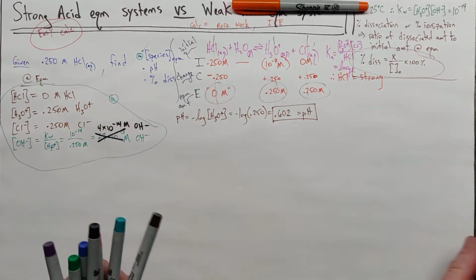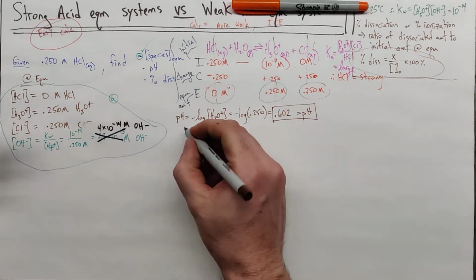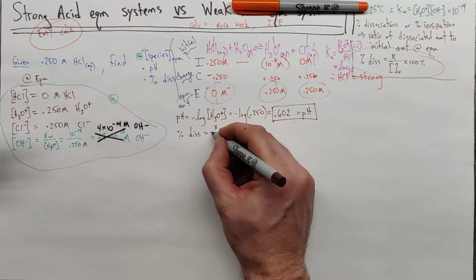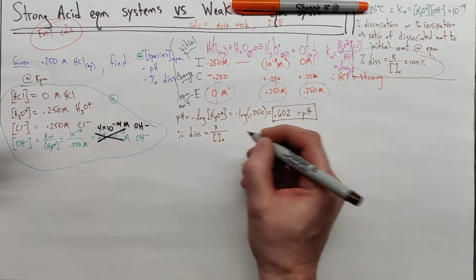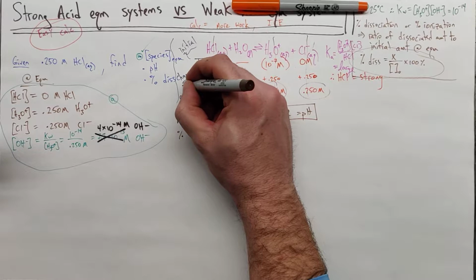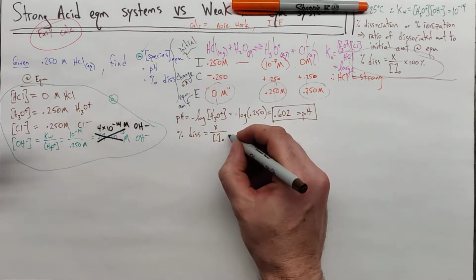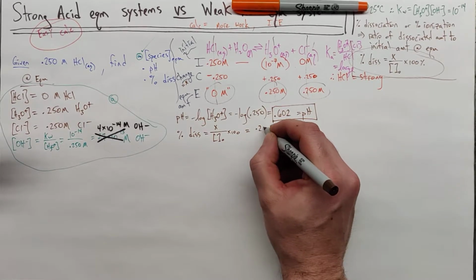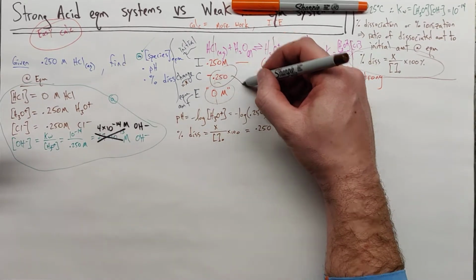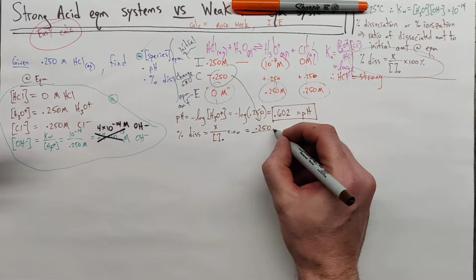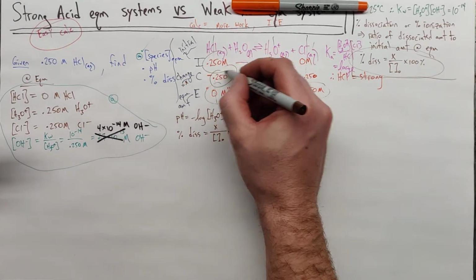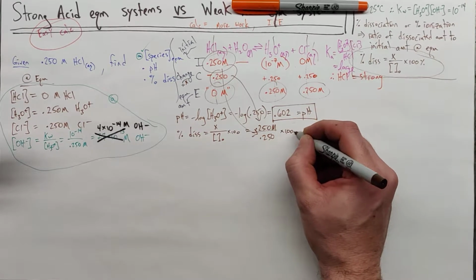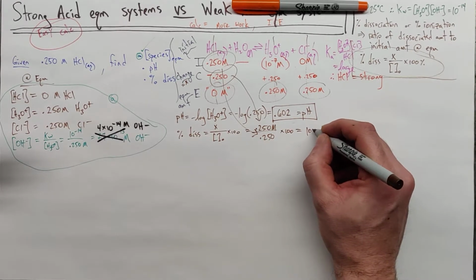We needed to get a percent dissociation. We have that equation up there. Percent dissociation is supposed to be X over our initial concentration, and our change is going to be listed as X from here out, times 100. All right, so our X was 0.250, yeah? And our initial concentration was 0.250. Times 100 gives us 100%